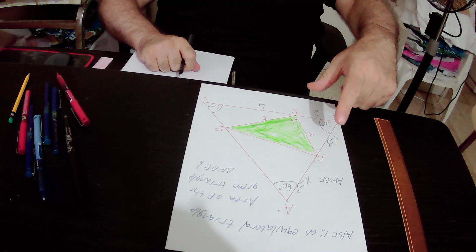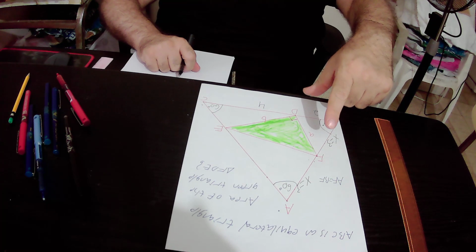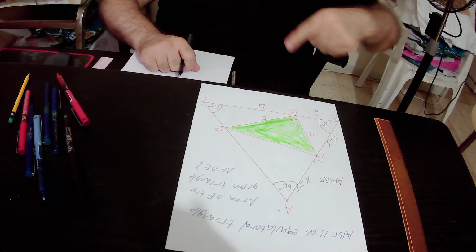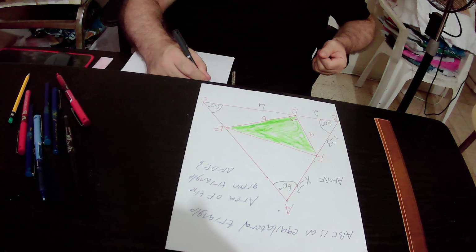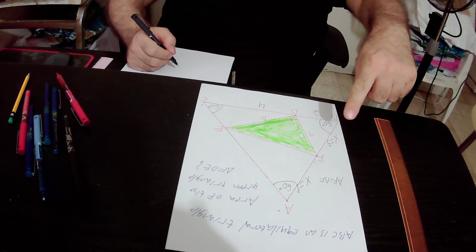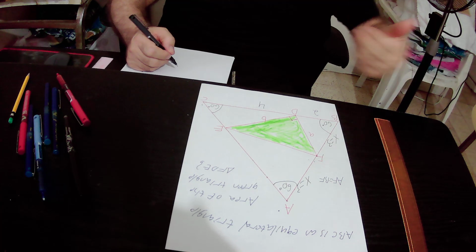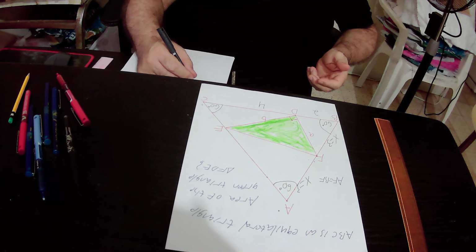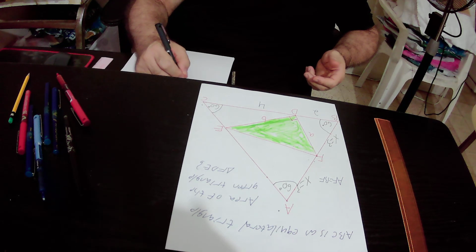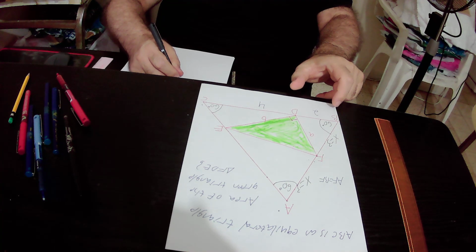But what is FD? What is the value of FD? According to our definition, the value of FD is A. So FD square is A square, equals BF square. What is the value of BF? BF equals 3 units. So BF square is 3 square, 3 square is 9, plus BD square. BD equals 2 units, so BD square is 2 square, and 2 square is 4,